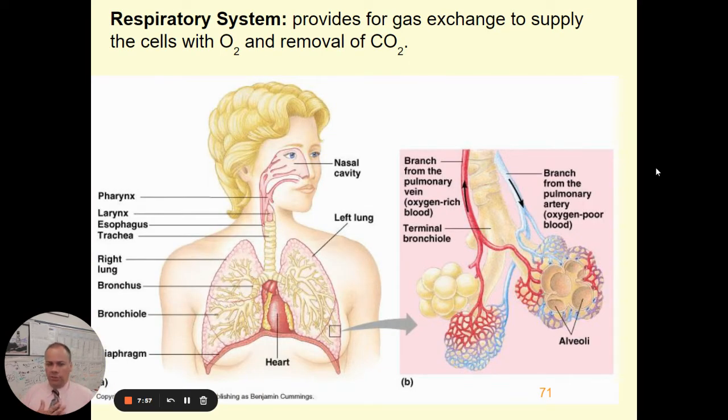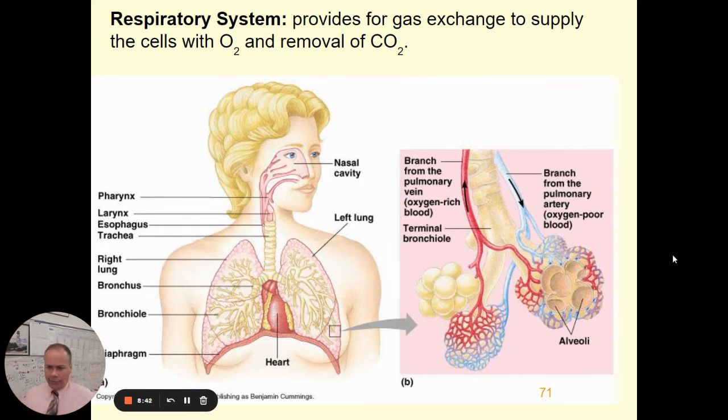The respiratory system's function is to provide for gas exchange, to take in oxygen from the air that we breathe in, and to release carbon dioxide waste that our cells have generated. As we inhale and inflate our lungs with air, that air eventually goes through the trachea, through bronchi, these big branches, and eventually they branch and end in these little clusters. They look like clusters of grapes. These little air sacs are called alveoli. When these alveoli inflate as we inhale,